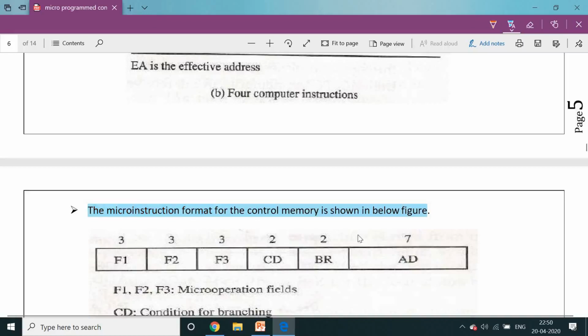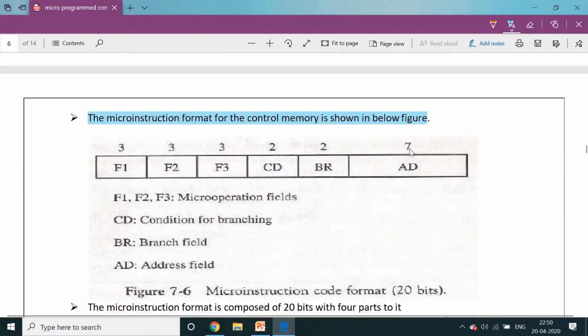So the total micro instruction format is like this. The first three fields, field 1, field 2, field 3, are of equal size, 3 bits each, total 9 bits, considered as the micro operation fields. 2 bits are allocated for condition, 2 bits for the branch field, and 7 bits for the address field.